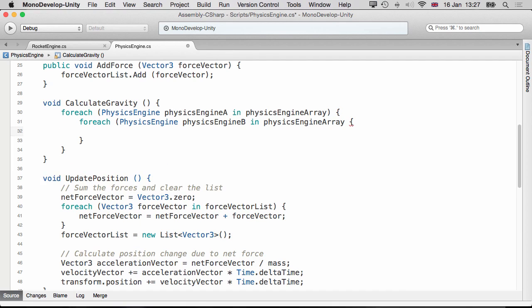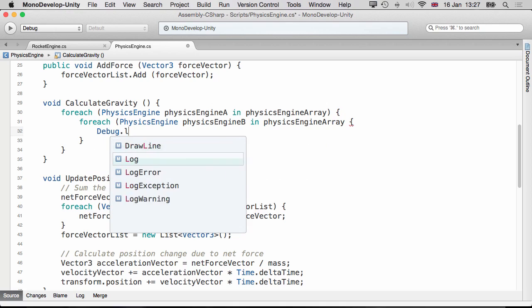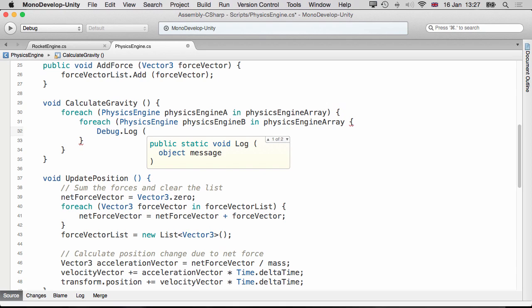Okay, so what the hell's that double loop doing? Well, let's look at it. Before we go any further, let's just debug this out. So debug.log, and let's just say calculating force exerted on, we could even be very explicit and say the gravitational force,